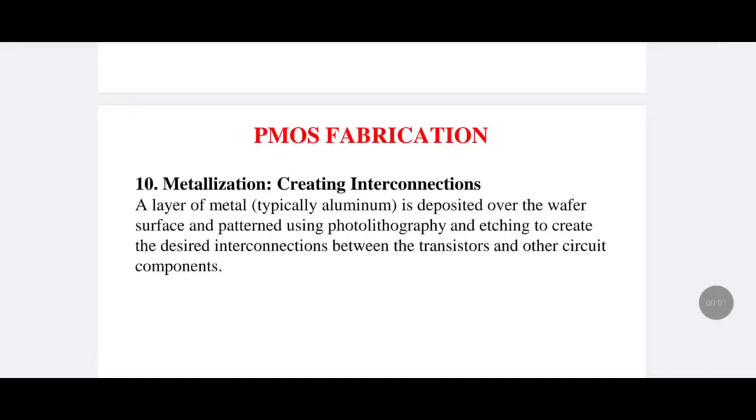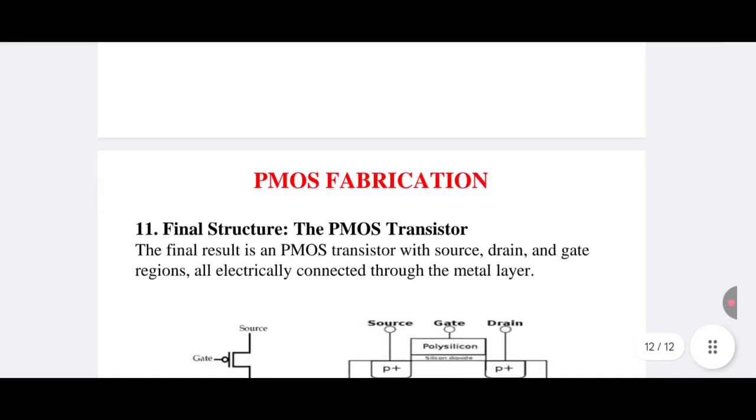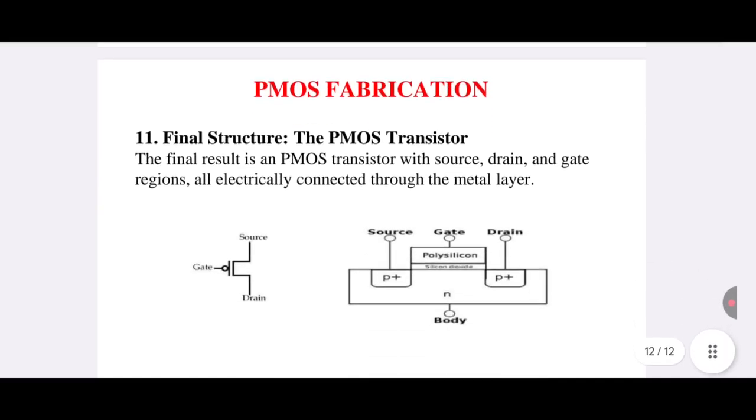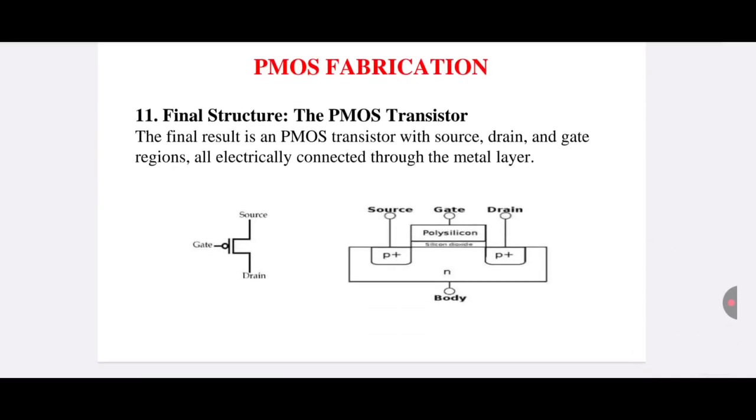Finally, metallization is carried out where we are going to deposit aluminum metal all over the wafer surface for giving interconnections. Here you could see the final structure of the PMOS transistor along with the terminals, P-type source, P-type